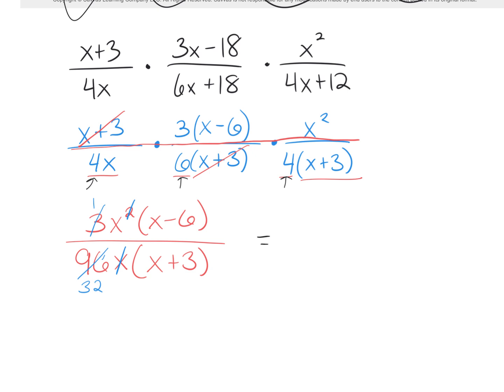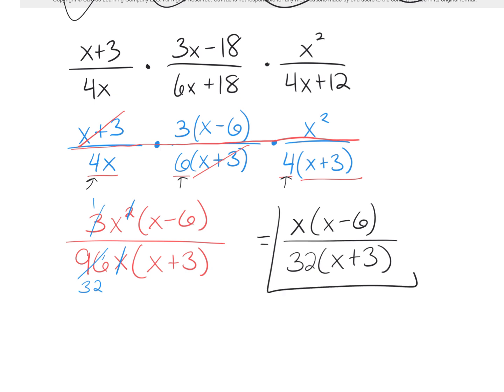What's left on the top? 1x times x minus 6 over 32 times x plus 3. Now are we fully simplified? Yes. Okay. Now, I understand that was a huge problem, but that was a very good example to see all